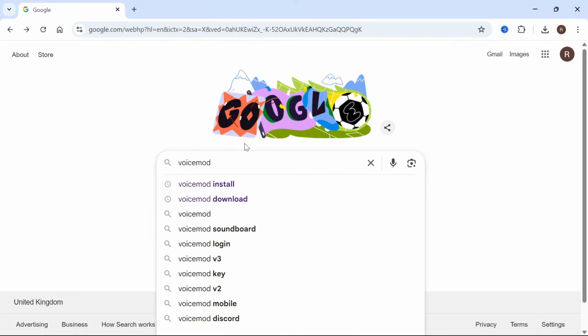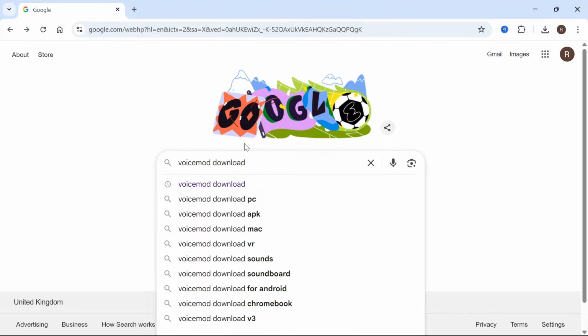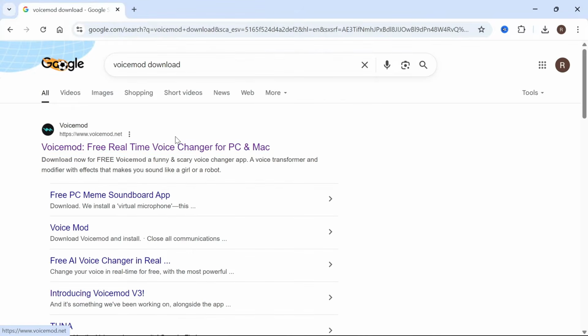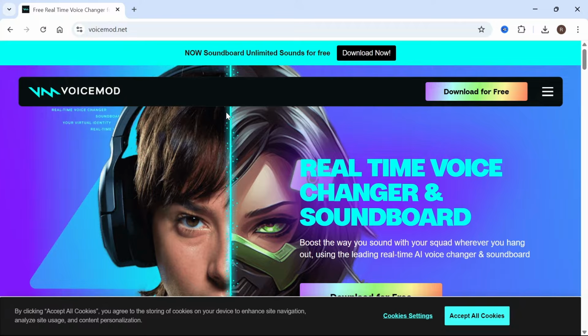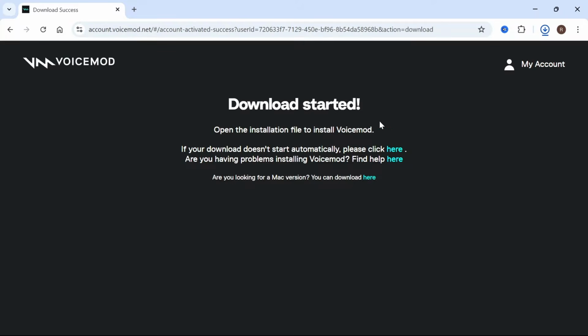We're then going to open up an internet browser and you need to type in Voicemod download and press enter. Now click on this top website and it's www.voicemod.net and make sure you're on the official website. It should look like this. We can then click on the download for free button in the top right hand side and that should begin